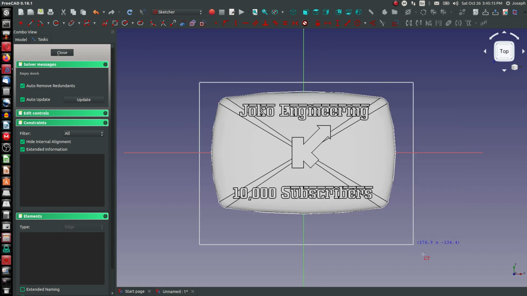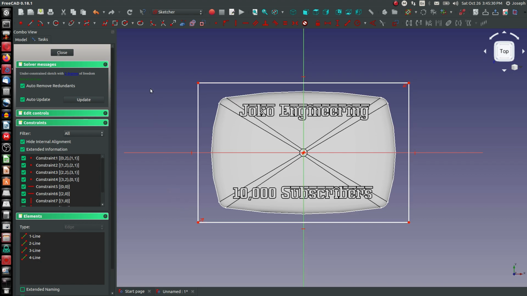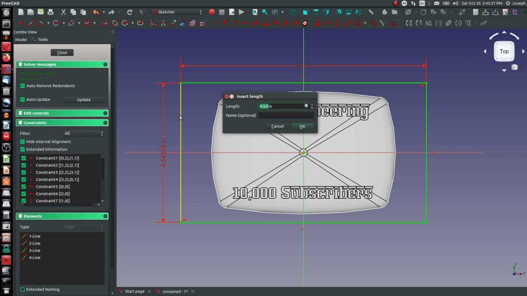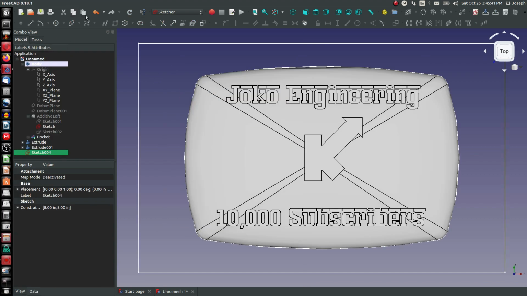create a driving rectangle. You really don't even have to fully constrain it, but I will. I use this button to cut my sketch so I can see my origin. Let's go with there. Shift H for horizontal dimension. We'll go with something like 8. Shift V for vertical. We'll go with something like 5. Close, and then we'll say